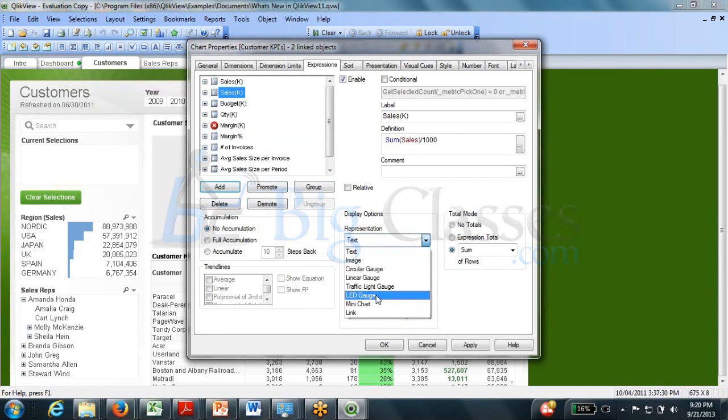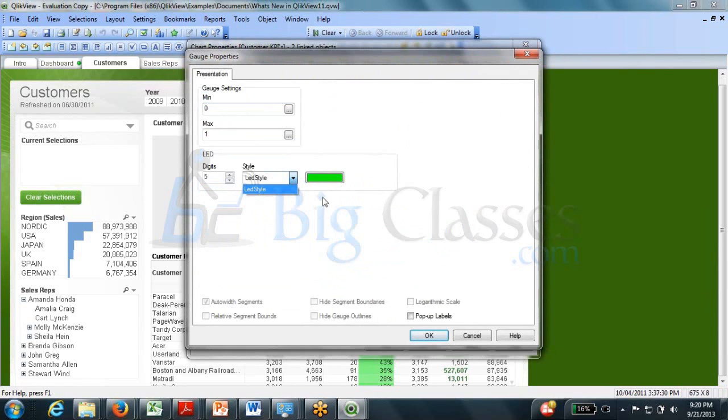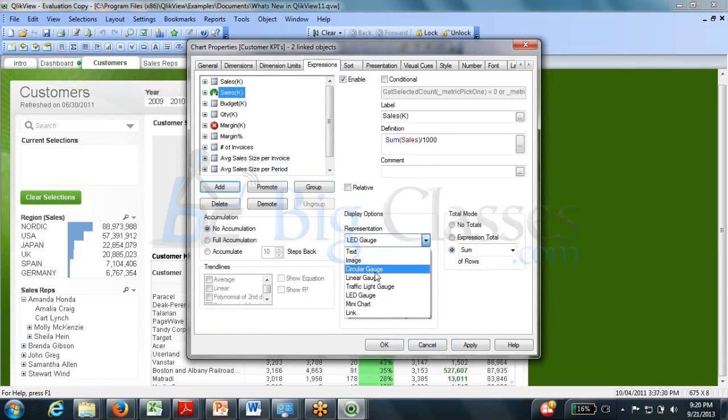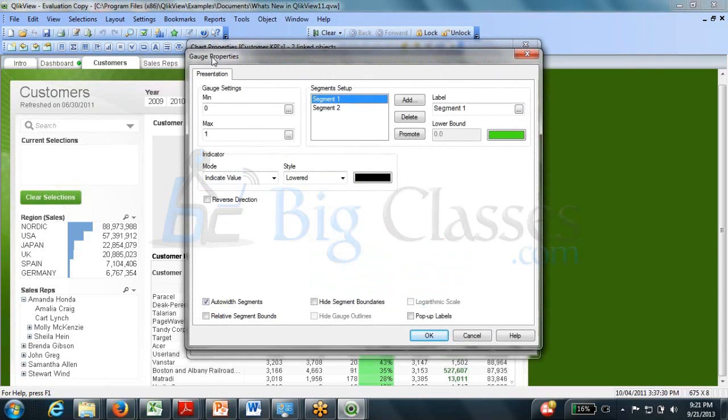And change this to the LED gauge settings. Yeah. Over here you have the minimum and the 0. Yeah. So, okay, no, this is the LED gauge, sorry. Traffic light gauge. So you have the segment 1, segment 2. Now, based on what values we have, we'll just